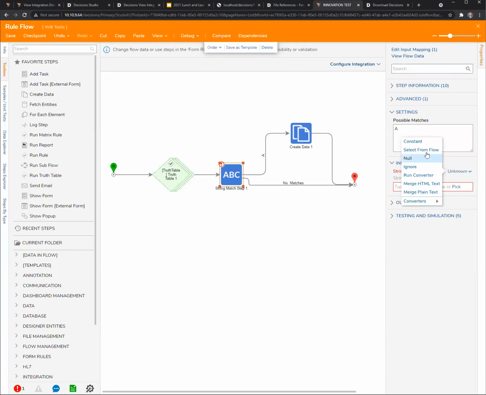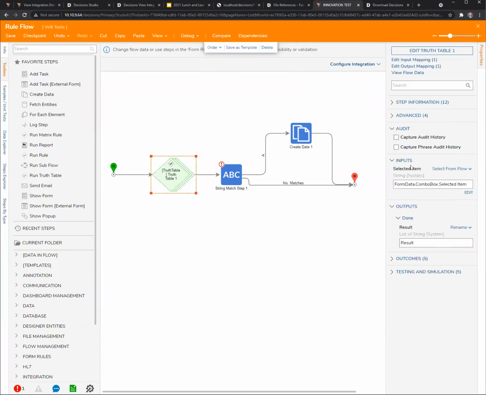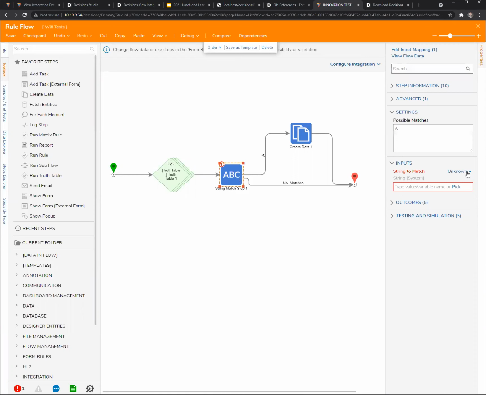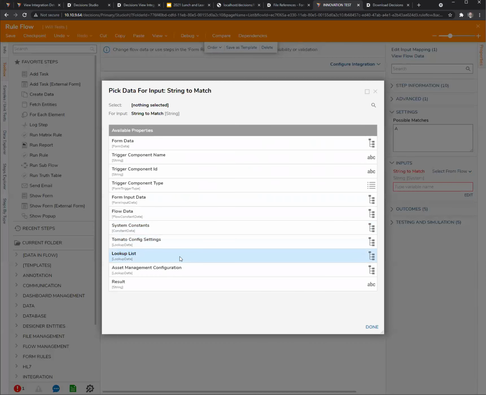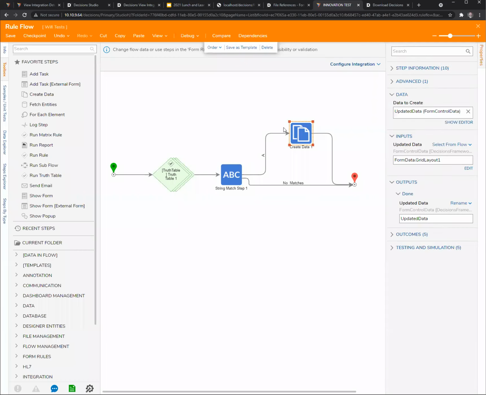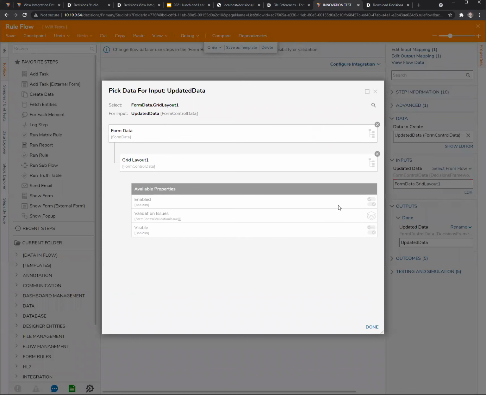String match is going to be the output of our truth table. We only want one result, so we'll say, oh, we don't have that anymore. Did they remove the stop on, nope, return only first result. There we go. It's clear I haven't been working in 7 months. Result. And then, so if I look at this thing,